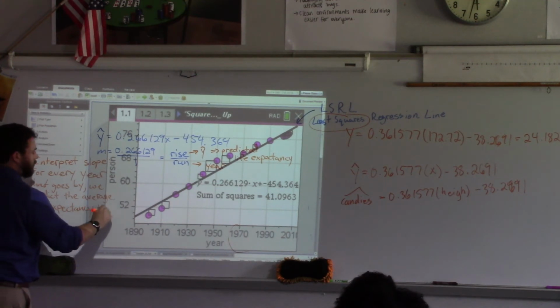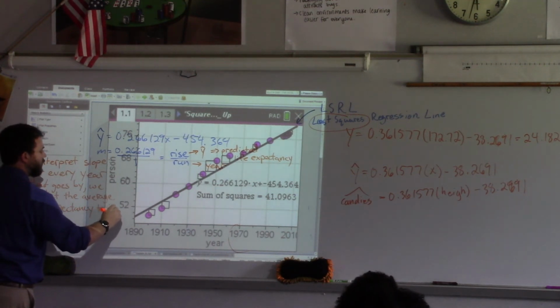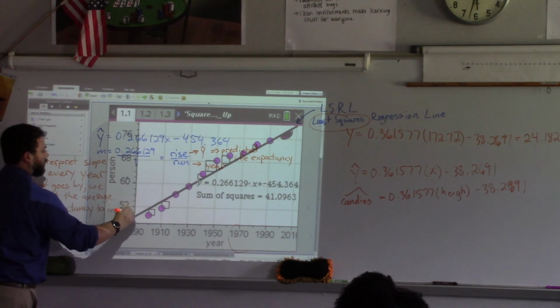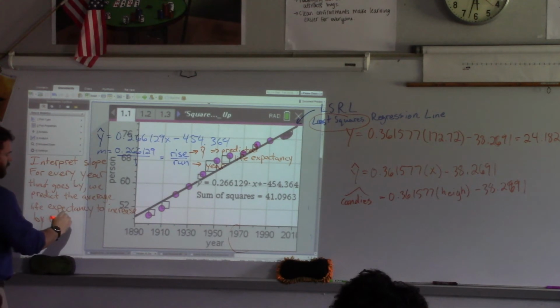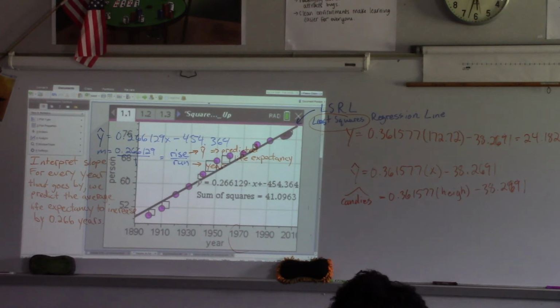Because it's positive. It's going up. So we expect the life expectancy to increase by 0.266, and it's fine to go to 3 decimal places. So, interpreting that slope, for every year that goes by, we predict the average life expectancy to increase by 0.266